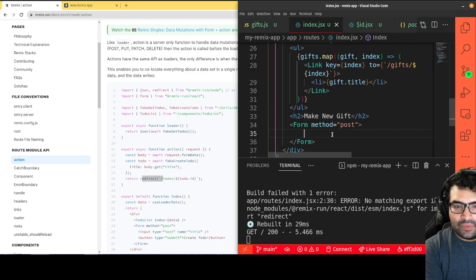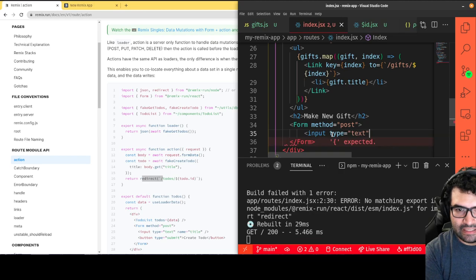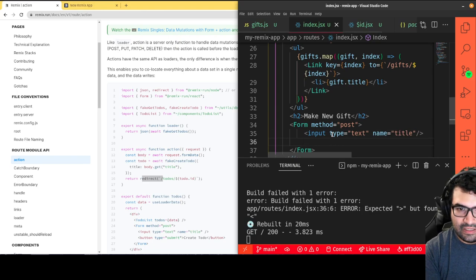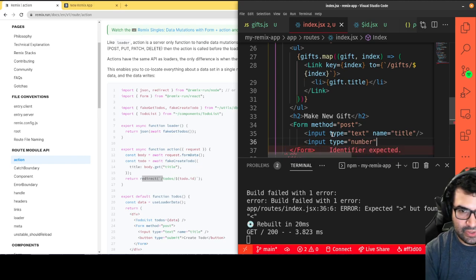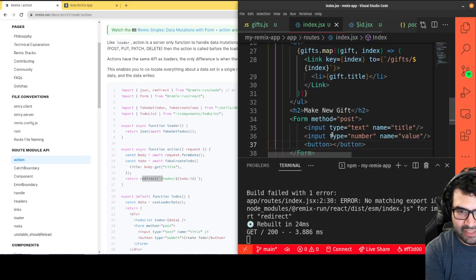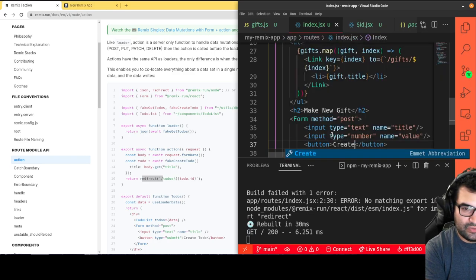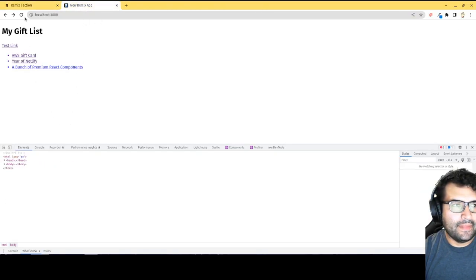Now let's do this request form method. We just want an input of type equals text whose name is title, and we want an input of type number whose name is value, and then we want a submit button, which I'll just use a button tag. Create gift. Okay, so I have that. And now if I refresh the page,